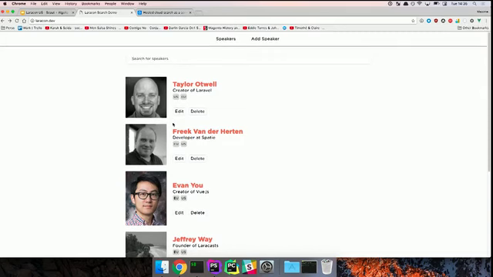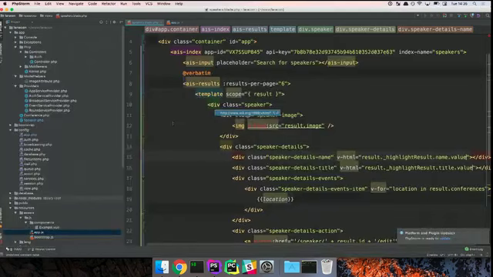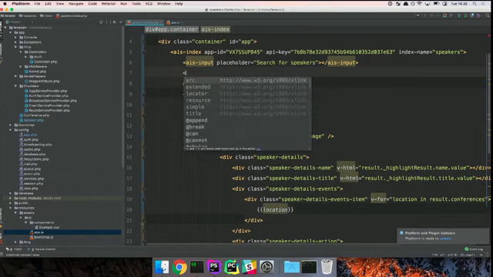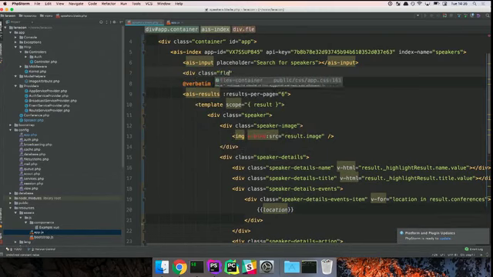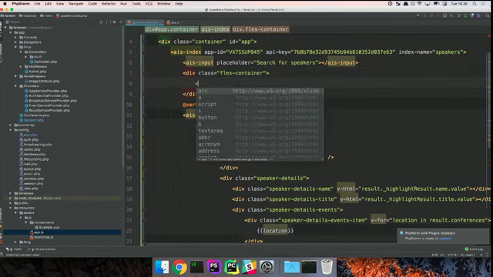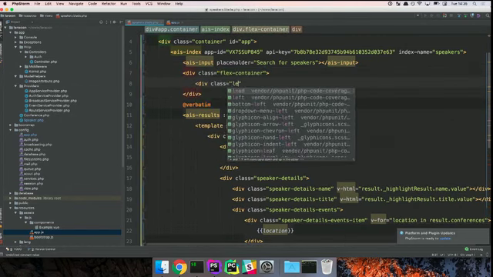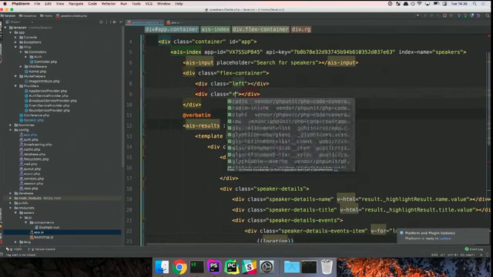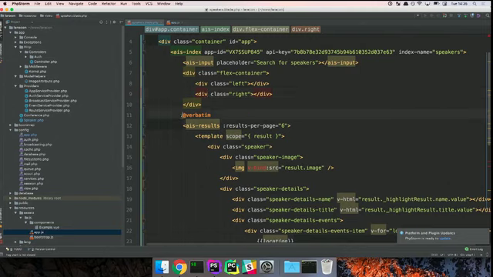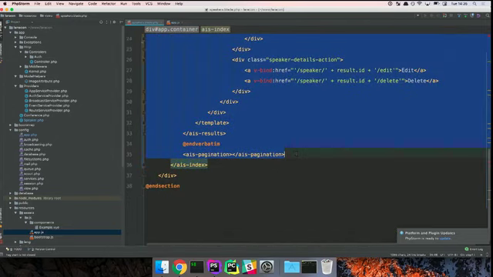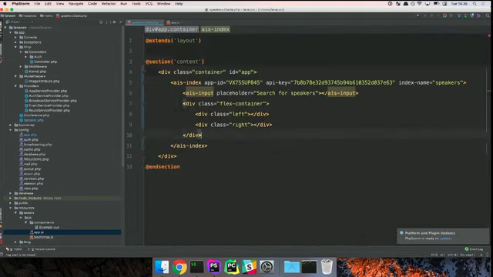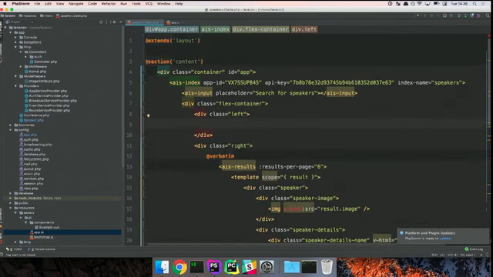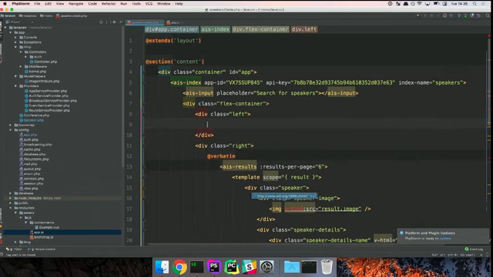Those refinements, we're going to put on the left, like the demo I showed you before. So I'm going to just modify the DOM a bit to leave space for that. So just a container, a left div, and a right one. Inside the right one, I'm just going to copy paste the result and pagination components. And in the left one, I'm going to use another component that Vue InstantSearch provides, the refinement list.